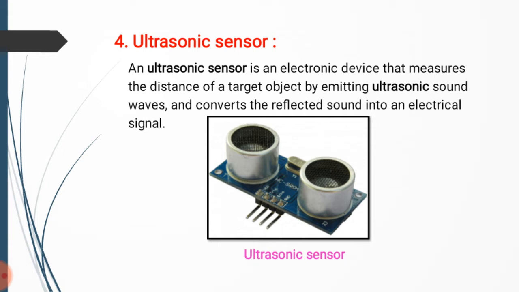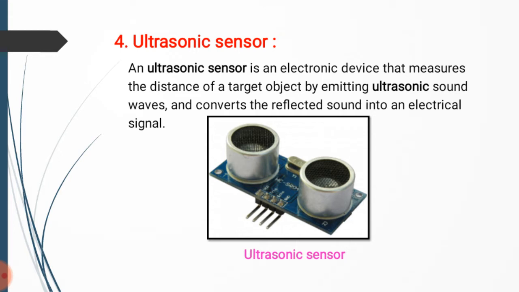The reflected wave is collected by the receiver and converted into an electrical signal. In this way we are able to detect whether there is an object or not. So this is the ultrasonic sensor. The ultrasonic sensor shown in the figure has two parts, the transmitter and the receiver, and other connections for the electronic circuit. This is a very important sensor, and its principle is the same as that of sonar technology. Suppose we want to detect a particular object present in the sea, this is very important for that.